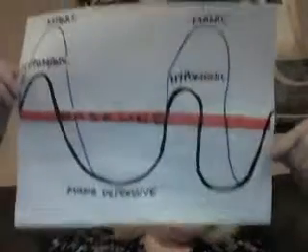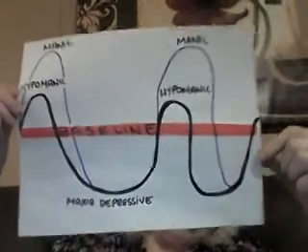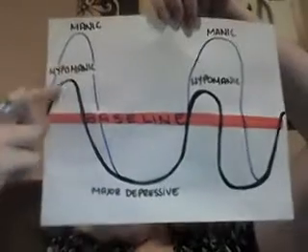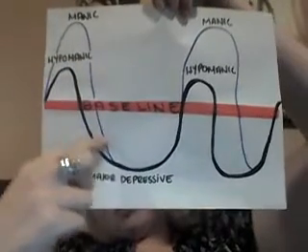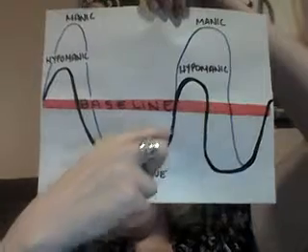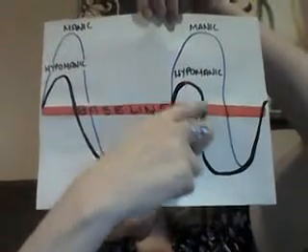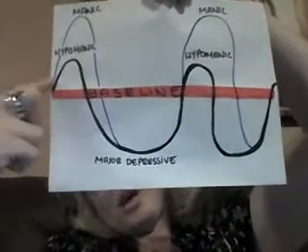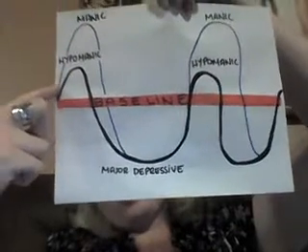So what I have here is this beautiful picture that shows a baseline, and the baseline is in red. The black line that you see defines the hypomanic and the major depressive episode, followed by another hypomanic with another major depressive episode. Now clearly there's another line that I've drawn on here that shows the difference between bipolar 1 and bipolar 2, since I apparently can't get the manic and hypomanic definitions straight.